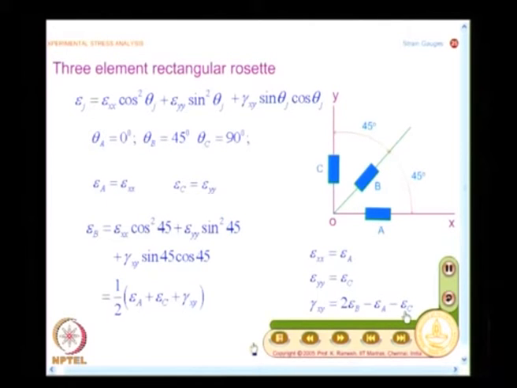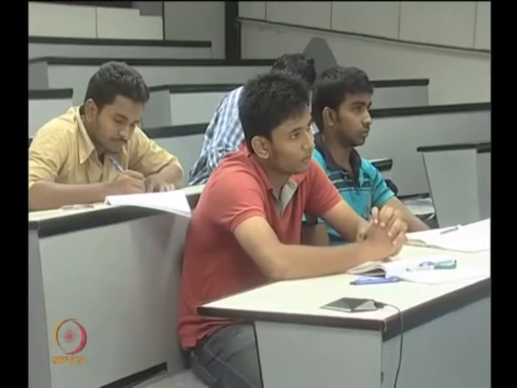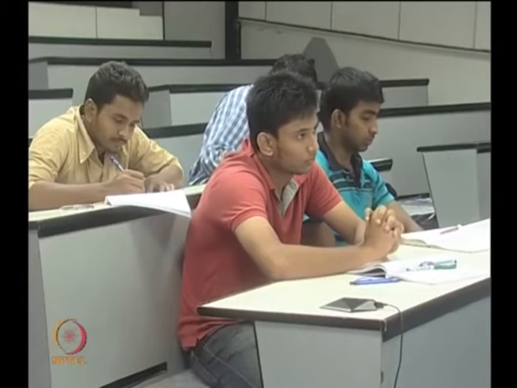And you will have to note down, though I said in general there would be a small sensitivity in the transverse direction, in the rosette analysis which we have seen, we have not accounted for the transverse sensitivity effects. The moment I do it, the equations become complex, and you also have such equations available. We will see those equations later.